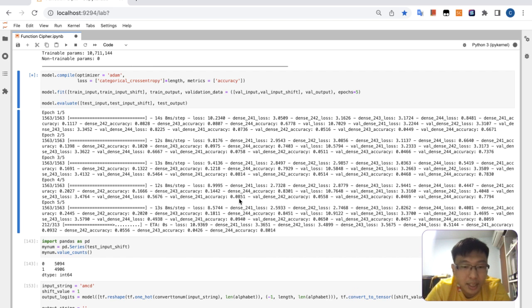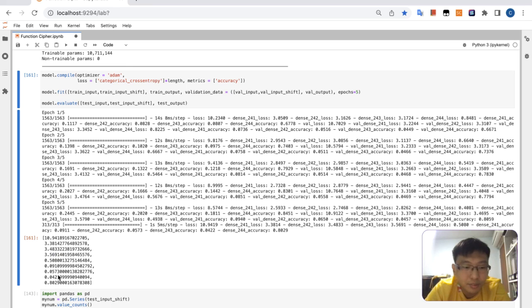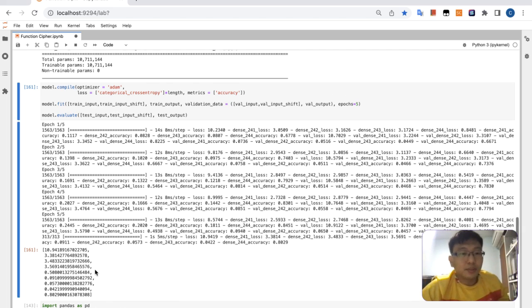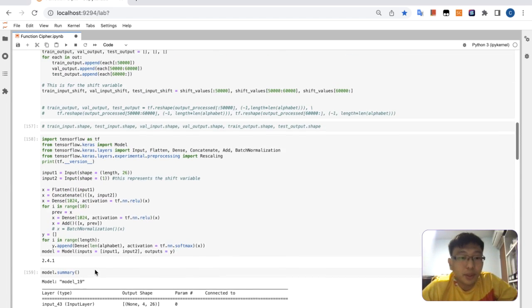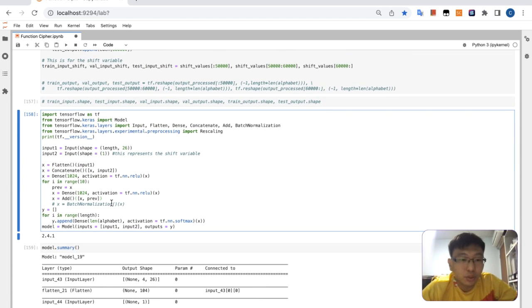I guess this is quite a hard problem for the network to solve. Yeah, it's only slightly better than random guessing. So this is a little tough for the model to learn. Okay, so now let's see whether we can improve the model a bit. One way to improve it will be to try